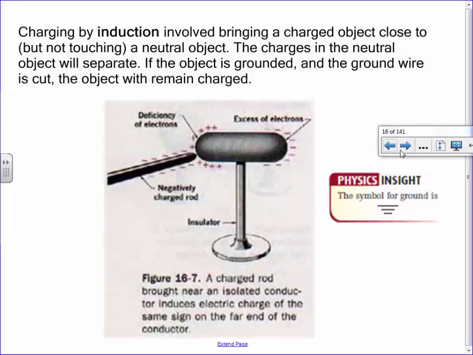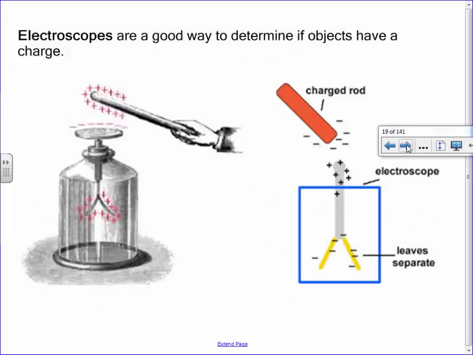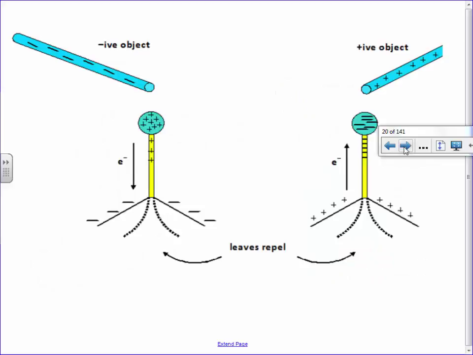Okay, what else should I talk about? Well, it's kind of the basics here. I showed you guys the electroscope. We'll actually play with those on Thursday. But if you bring the positively charged object near, it causes this to become negatively charged, and this positively charged. Then these two little leaves right here open up because these two positive things will repel each other. You guys recall this? Okay, just a quick review.